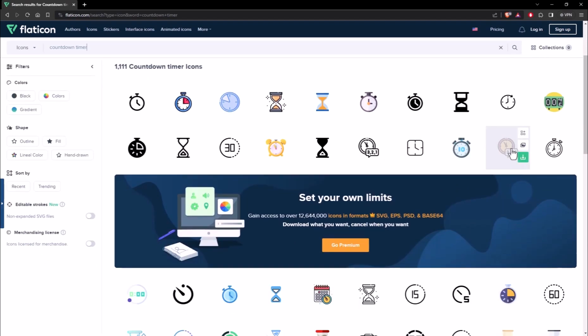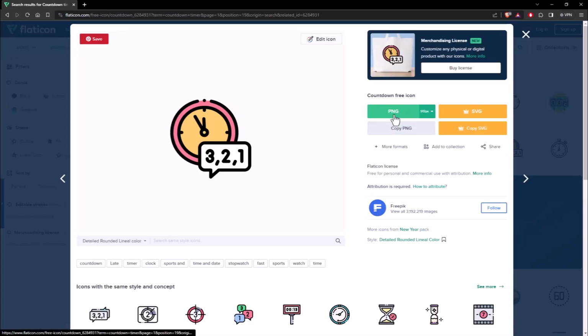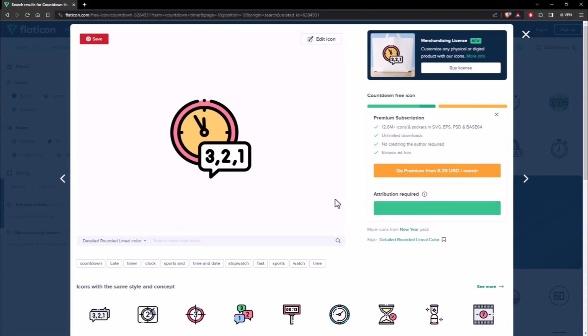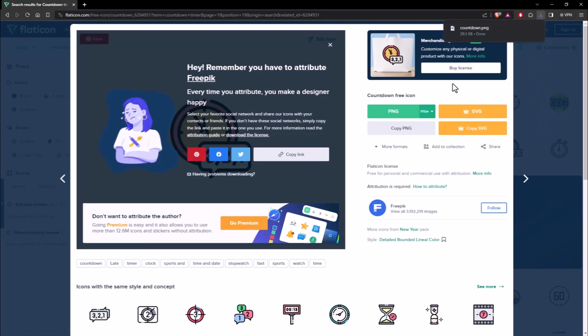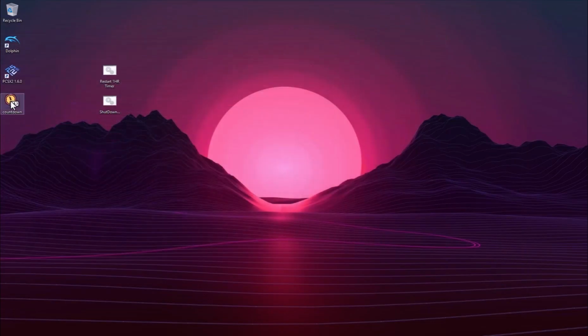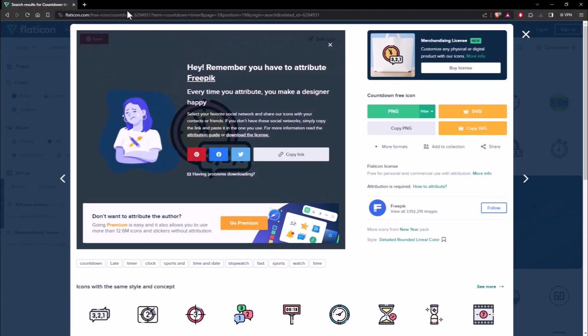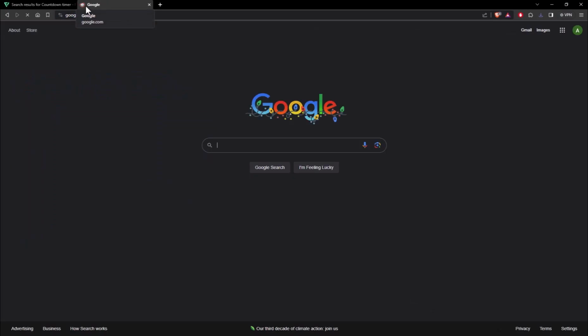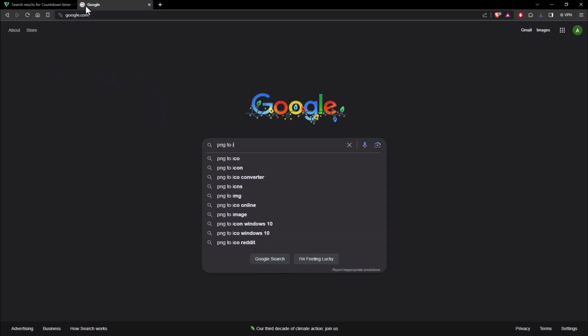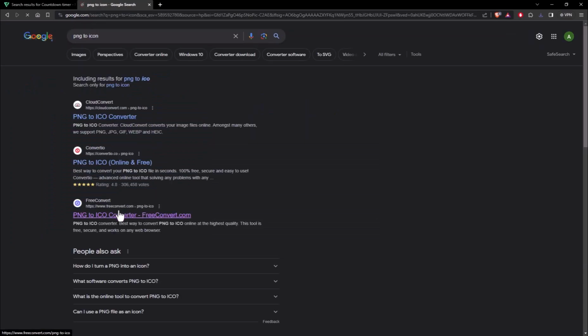And we'll select this one, download it. Since it's a PNG, we do have to do an additional step afterwards. So it downloaded, and it's right there on our desktop. It does download directly to my desktop. It may download to your downloads folder. And then we'll go to Google once again, and we'll do PNG to icon. And we'll go to the